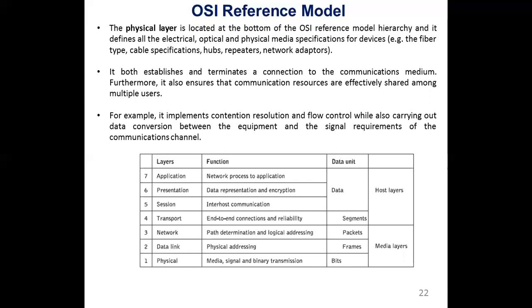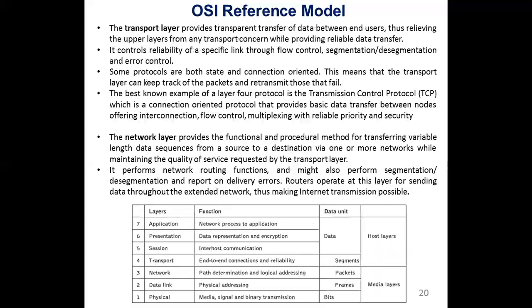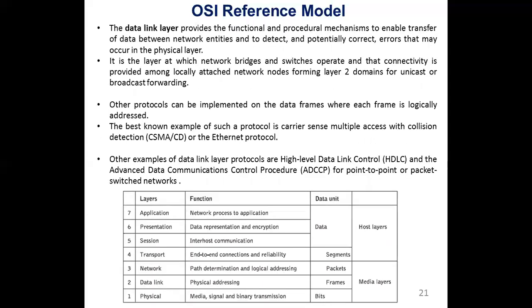It also has the job to ensure that there is some flow control, and that data is converted as sent by the user into what the OSI layer is requiring, along with any signal requirements from the communications channel. So these are the things which the OSI reference layers will do for us, and this is one of the most important models which we have seen. The other important model which we see is the TCP/IP layer, or the Internet Protocol layer, which will come in the next part.